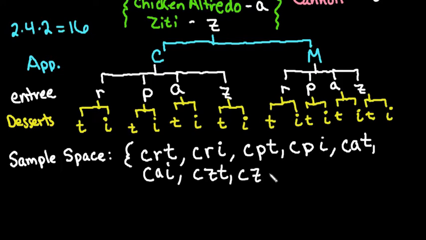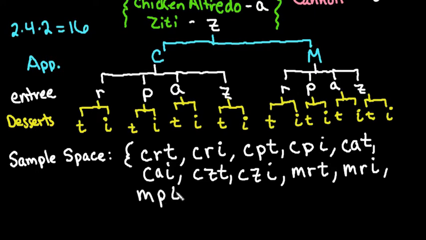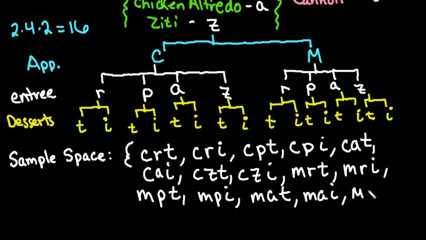Calamari, ziti, and cannoli. And then we would have to go to the mushrooms and do the same thing. So we would have the mushrooms with the ravioli and the tiramisu, the mushrooms, the ravioli, and the cannoli, the mushrooms, pizza, tiramisu, mushrooms, pizza, cannoli, mushrooms, Alfredo, tiramisu, mushrooms, Alfredo, and cannoli. And then the last combination is the mushrooms with the ziti and the tiramisu, or the mushrooms with the ziti